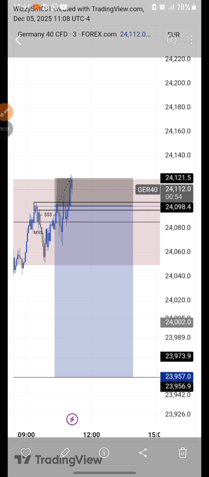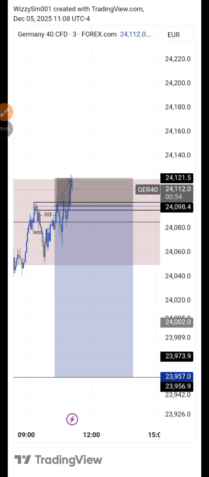This German 40 was a good loss, you understand? So whenever I take a loss, you need to put a big question mark. Was this loss based on my strategy? That means, did I do something wrong? Was it a method problem, method issues? Did you do anything wrong? You didn't keep to any of the rules? That can be one of the scenarios. It can be normal market condition.